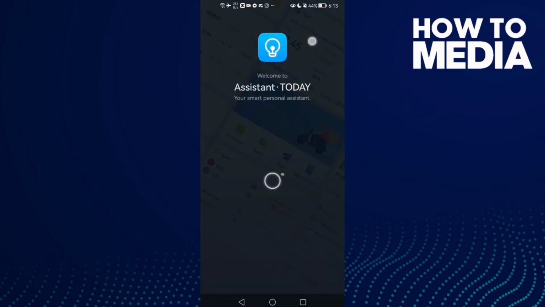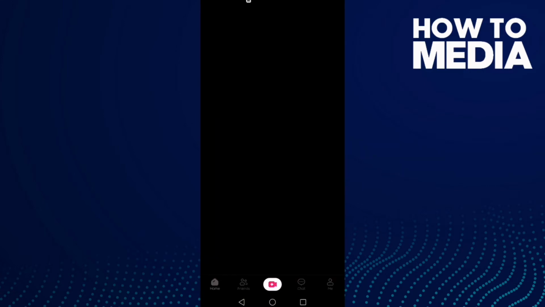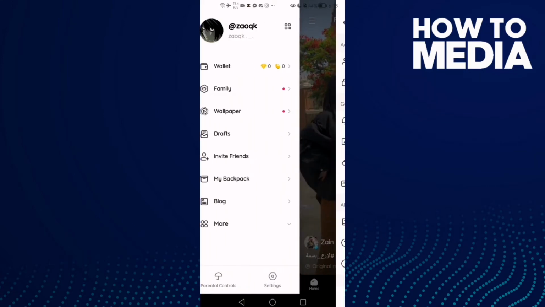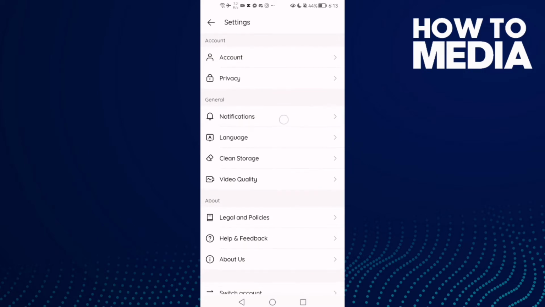First thing, go to Likee app and click these three lines in top corner, and now click settings, and here you will find notifications. Click on it